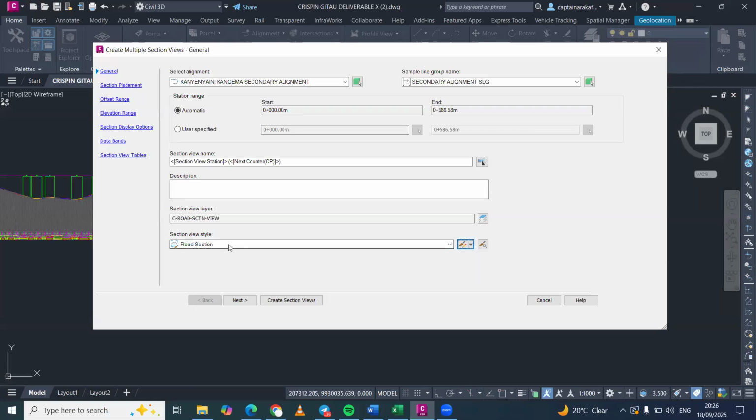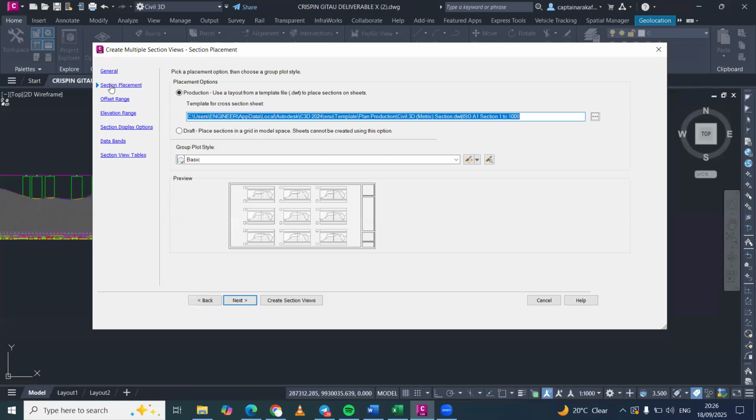Also, if you're working with a template and you already have a set style to view your cross section, you can select it from this point. Okay, so I think by default, Civil 3D gives us the road section and maybe this land desktop section. So we'll just go with road section, the default one, and then we'll modify later. So once you're through with the general selection at this point, you can click next or simply select the next tab. So I'll select next,